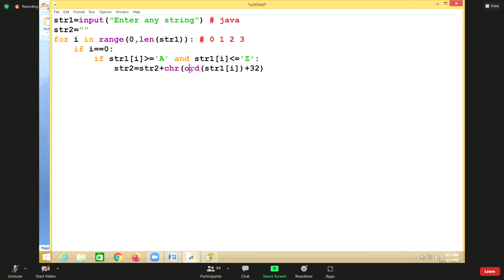So ord will return which value? The ASCII value. Suppose the character is capital A, that is 65. 65 plus 32 is 97, and the equivalent character of 97 is small a. If it is capital, you are converting into small. Otherwise, you are adding directly: str2 equal to str2 plus str1 of I. Now this is for the first character, if I equal to 0. Otherwise, else,